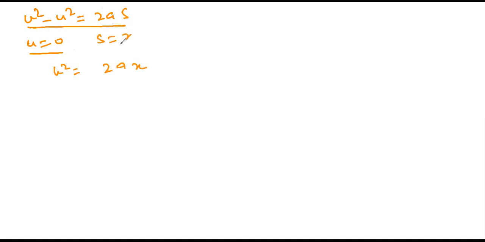Do you know the third equation of motion? V square minus U square is equal to 2AS. Yes, yes. So substitute in this. Initial velocity will be 0. V square is equal to 2AX because the displacement of the particle will be x. So in place of A, you write 2 times what you got for the acceleration previously, QE divided by m into x. Kinetic energy of the particle.